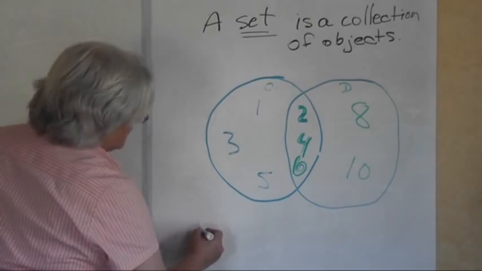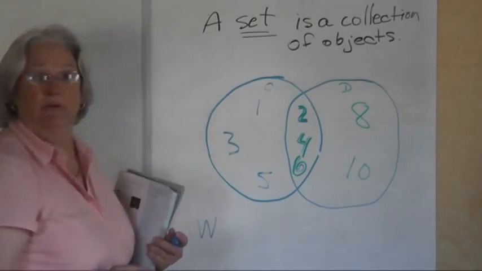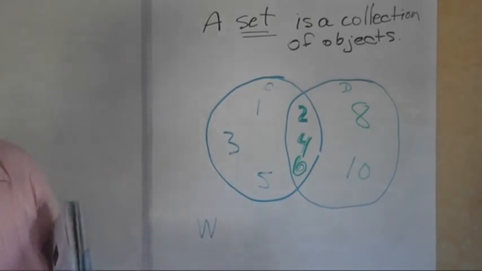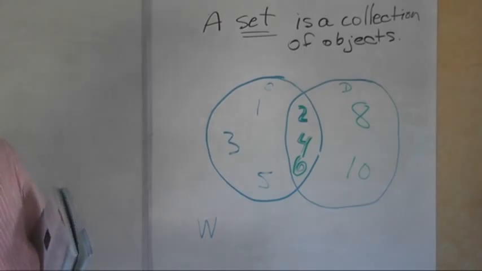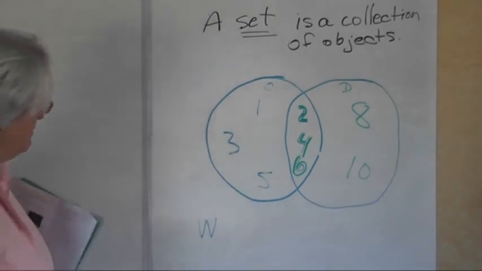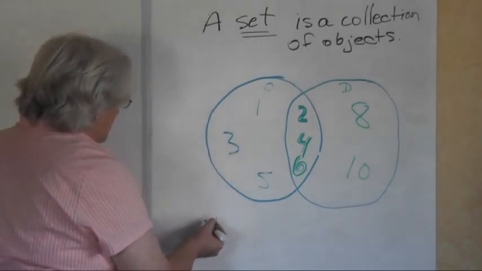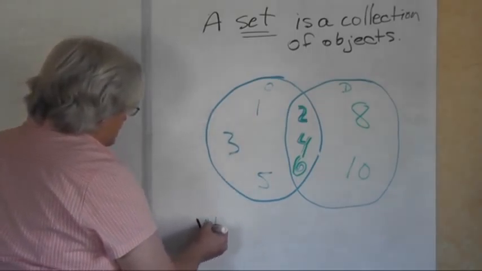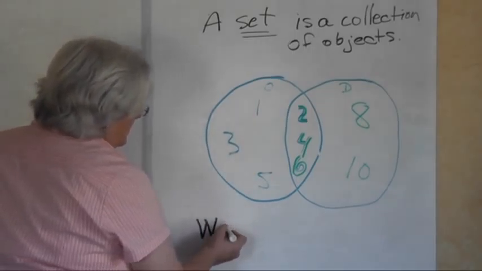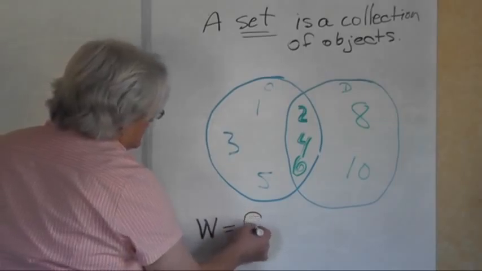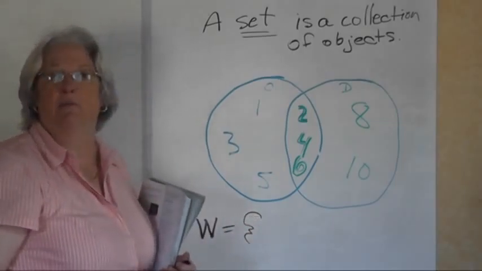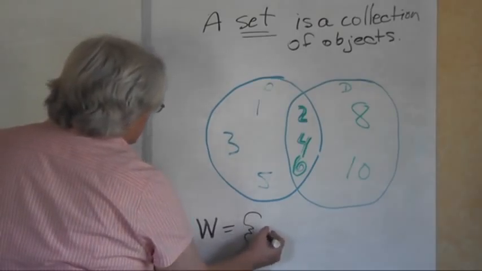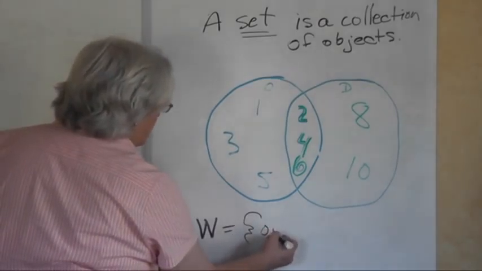So the whole numbers, which is W, can be described using set builder notation this way, where we have W is equal to the set, that's how you read that brace mark, the set that contains the elements